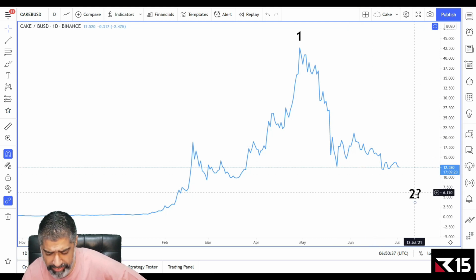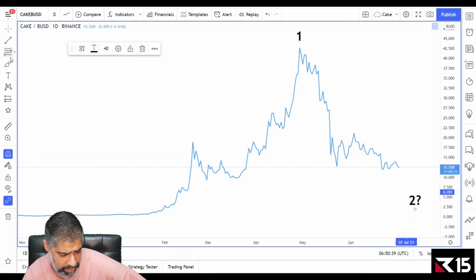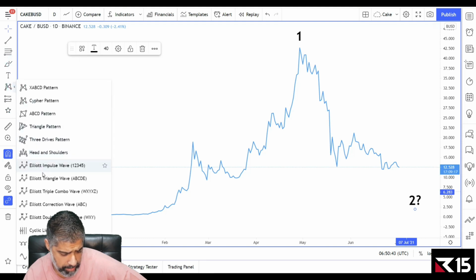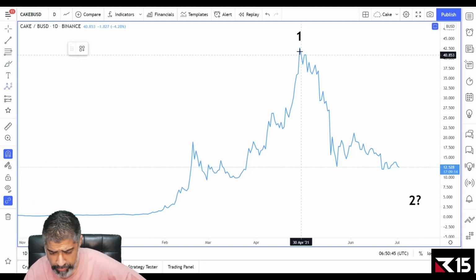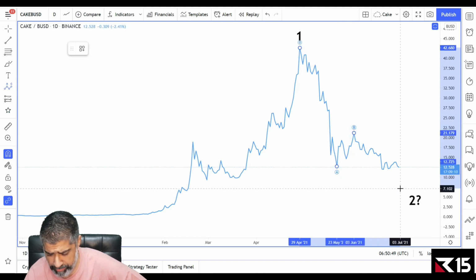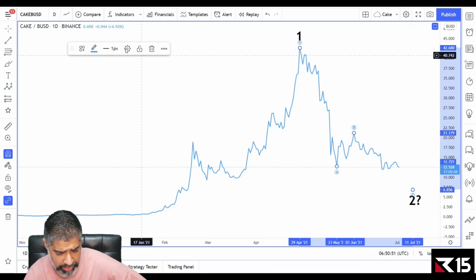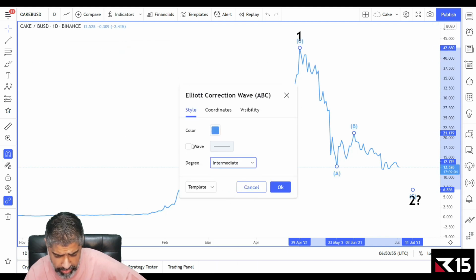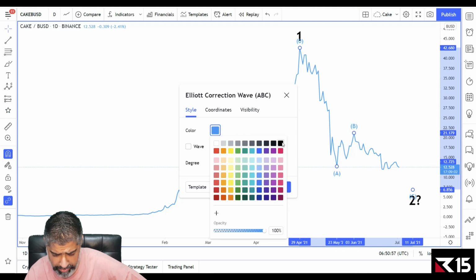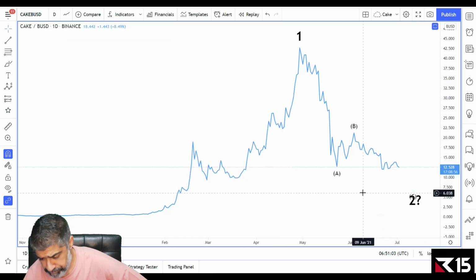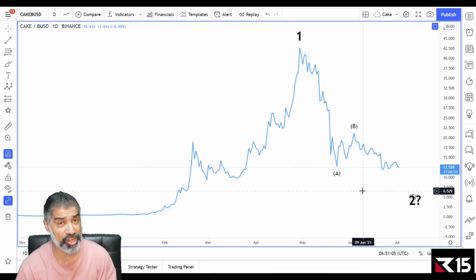But what we can do next is here we can go, right, it looks like a very clean A, B, and we're coming up to a C down here. And let's just make this into an intermediate wave count. We'll use a black line, and so you can see that's what we're looking at the moment, right? So we can keep the wave off. That's what we're looking at. So now what we can do is some price projections.